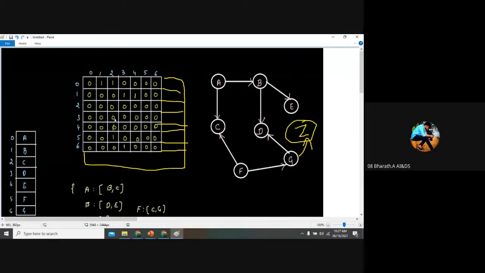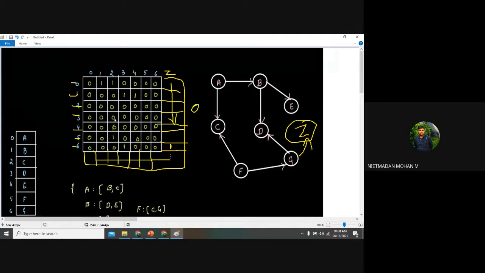G to Z will be 1, remaining 0. This is my A, B, C, D, E, F, and G. This is my G, and G to Z representation will be 1, right? Am I right? Yes, sir. And remaining all will be zeros.